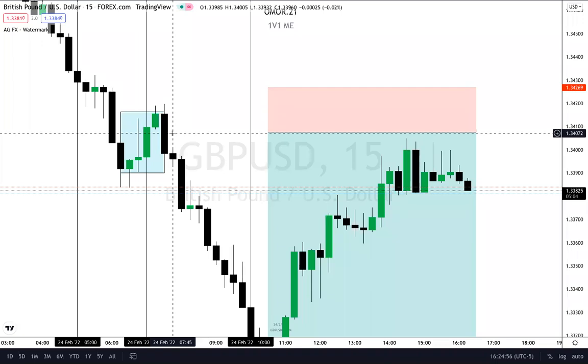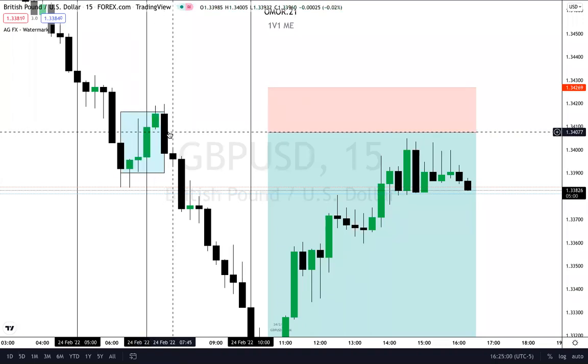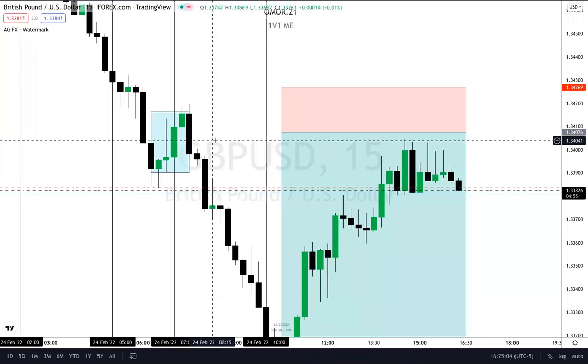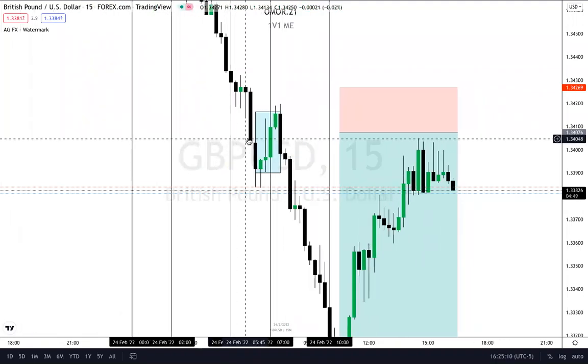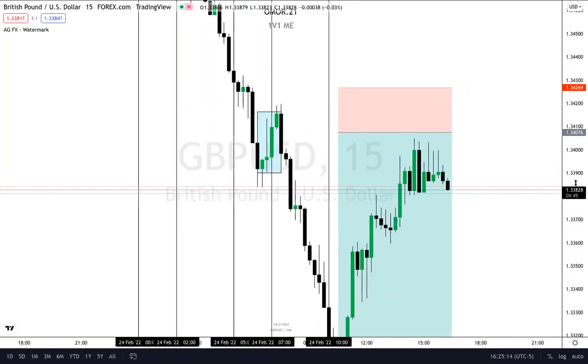You'll see my entry is just shy of this order block entry. It's closer to the 50% of this candle because I wanted to see the 50% of this candle get tested, because that's the fair value of the imbalance. The price didn't really get off there. I don't think it's going to come back there. It probably will trade. If it does trade down,